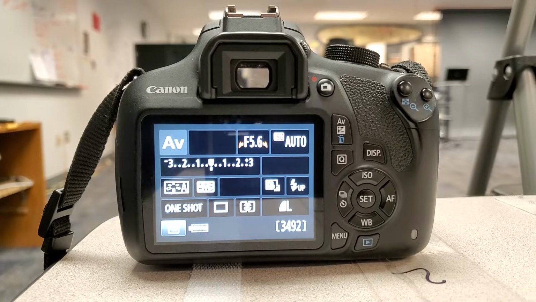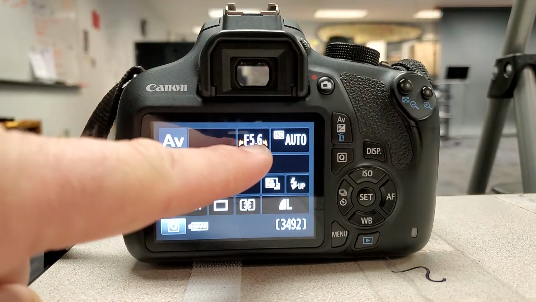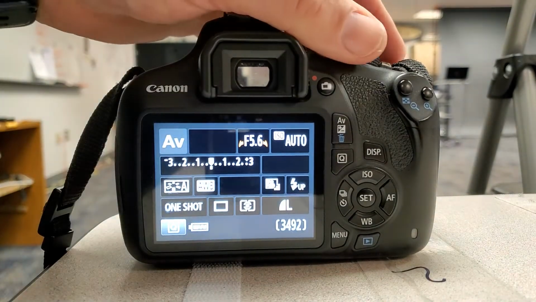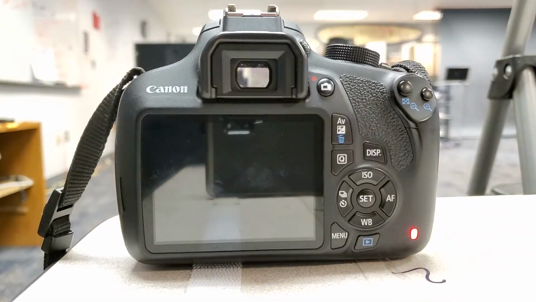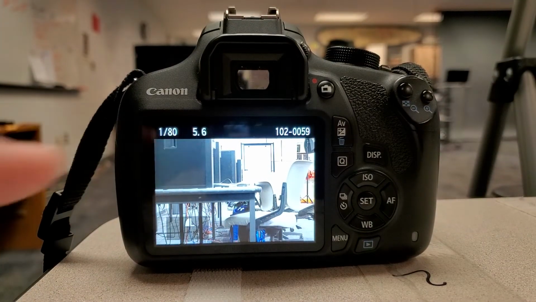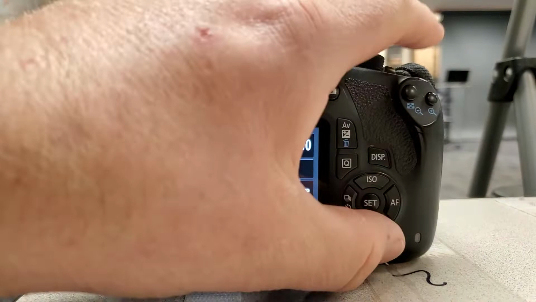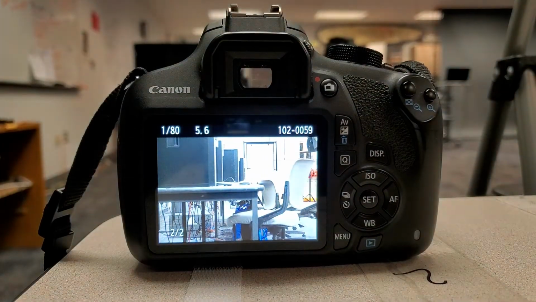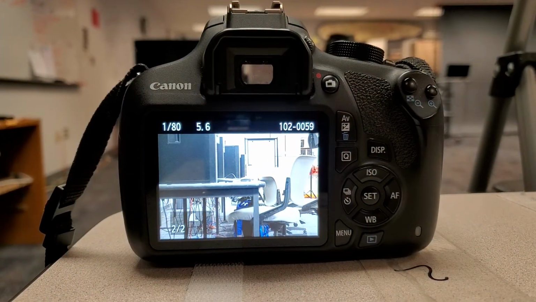the assignment. So what I'm going to do is go ahead and with my f-stop at 5.6 and my ISO on auto, I'm just going to take a photo of what I'm going to be shooting, and you can see my shutter speed is 1/80, my f-stop is 5.6, but I can't see my ISO. Let me turn the playback back on, and you see I can't see the ISO that the camera used, and